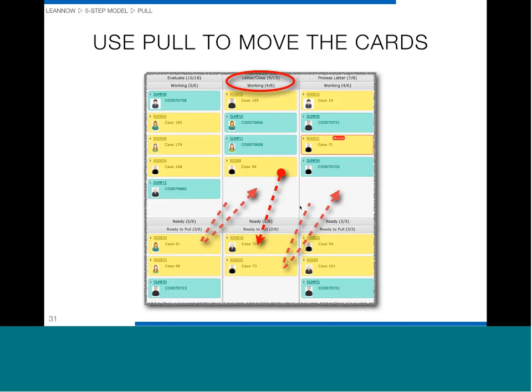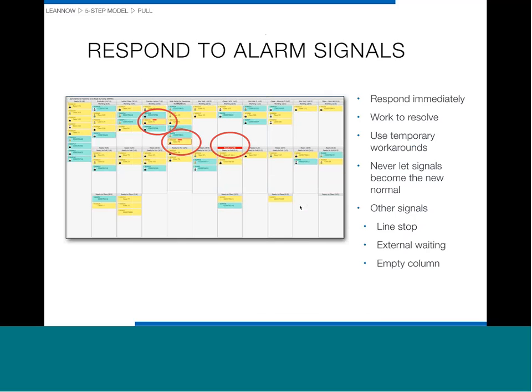So while we don't recommend cherry picking the ready to pull column, we do recommend that people work to their highest capability, but not above their highest capability unless they're working with somebody else on a learning basis. So case 70 may have been above their skill level at this point. All right, so now we can pull these cards across the board. We also want the ability to respond to